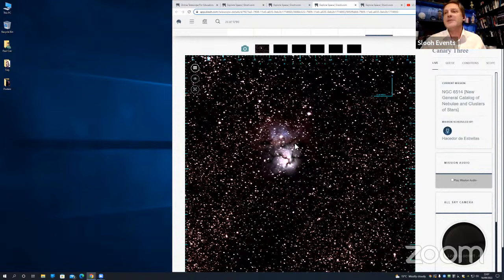But anyway, listen, there's my excitement over and done with. We have got some really poor conditions at the observatory tonight. So imaging conditions are not great, but that's one of the things you should excite your students about, because when they're capturing one of these images, there was a stream earlier of the Andromeda Galaxy, and there was a great big line going through it, and that line was a satellite. A lot of people would think that would spoil the image, but it doesn't. It should add to it. It's their personal image that they've captured.